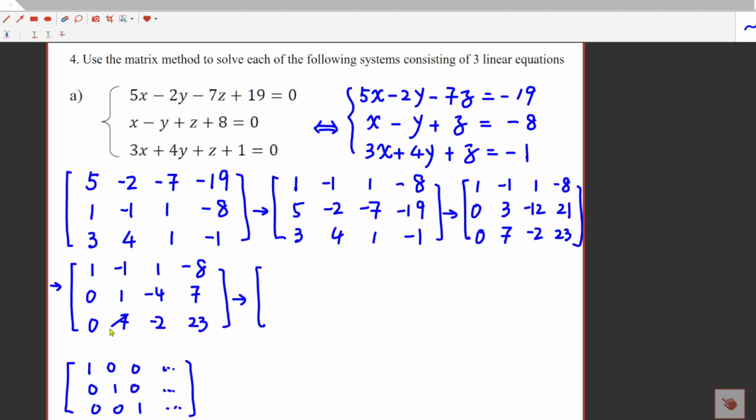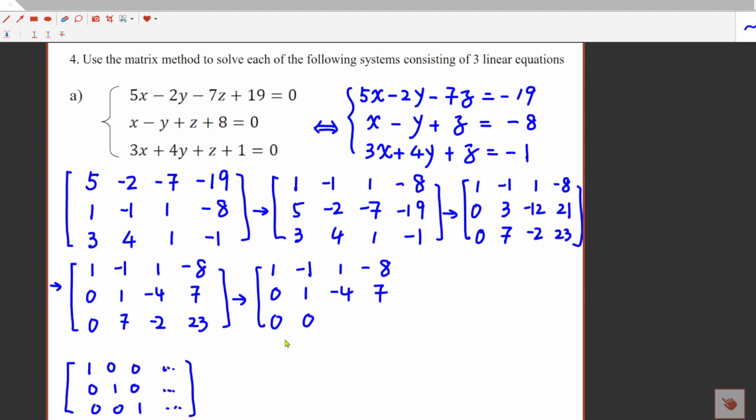Then remember, we also want this number to be 0. So the first row does not change. Then we could use the second row times -7 added to the third row. The second row does not change. And that's 0, 0,